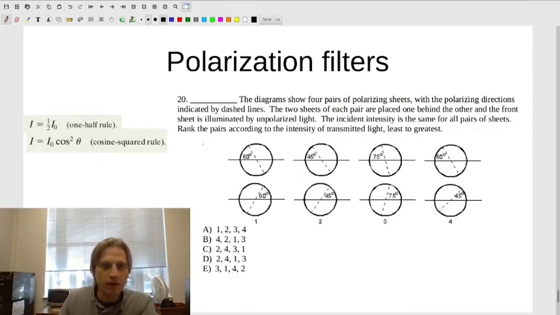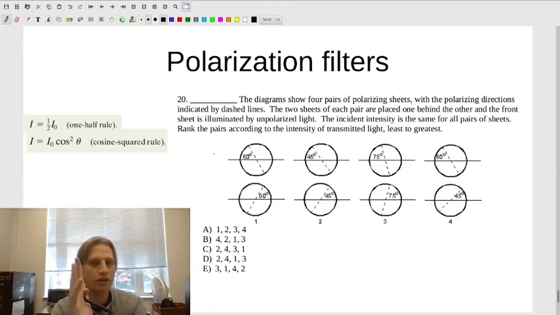All right, remember, if we have unpolarized light go through a polarization filter, half of that light gets filtered out. If polarized light goes through a second filter, how much light gets filtered out depends on the relative angle of the polarization vector of the initial light and the secondary polarizer. So for instance, if this angle is 0 and you have two polarizers that are absolutely lined up, the second one should not